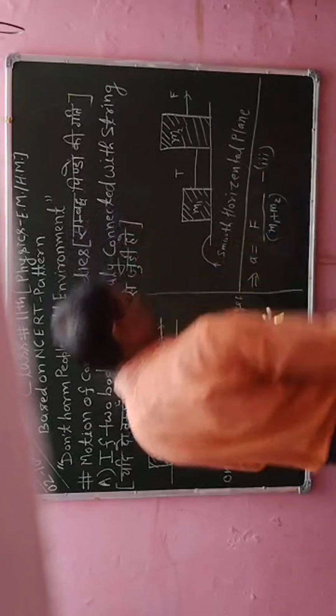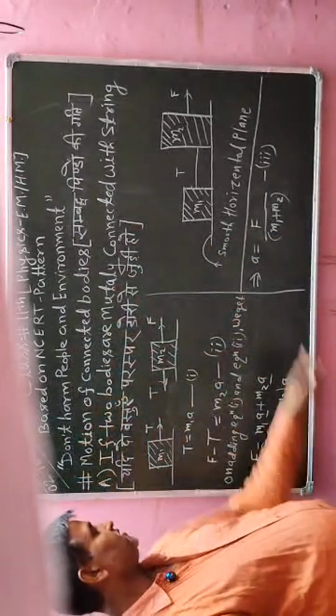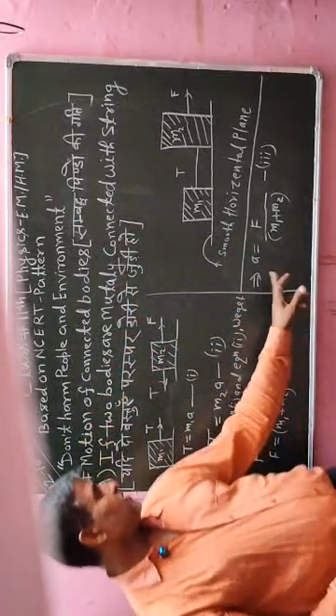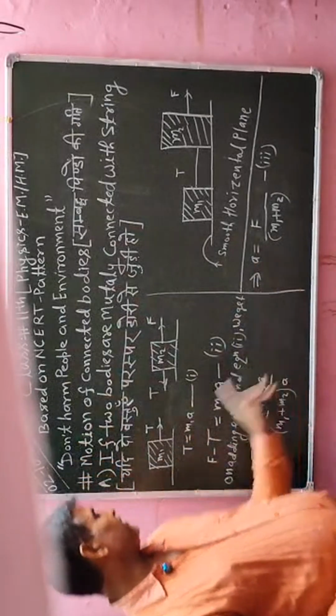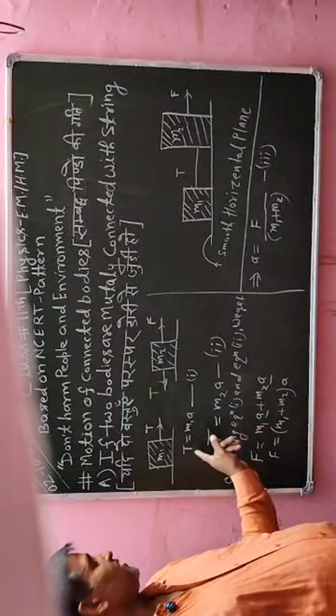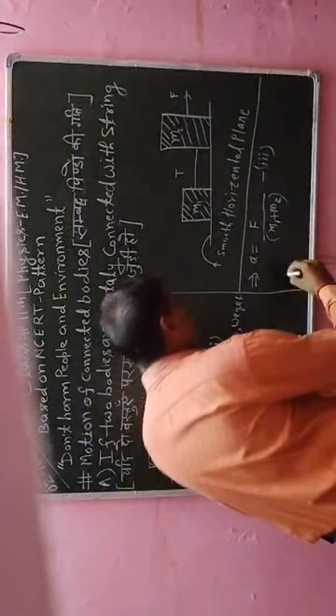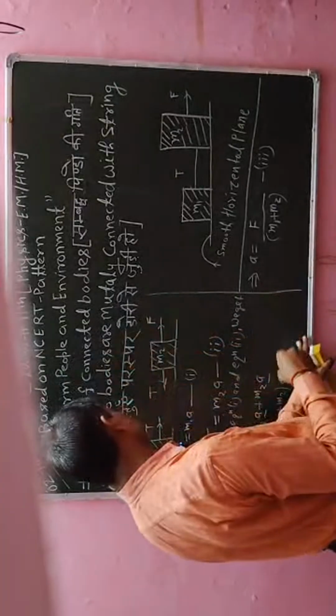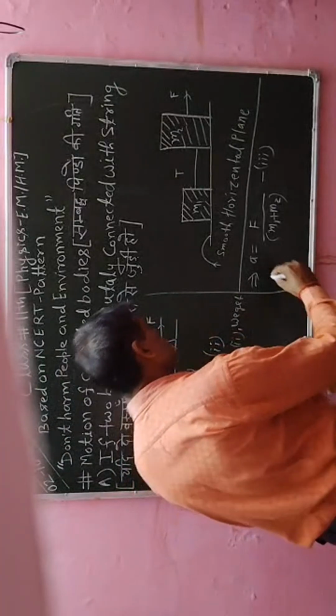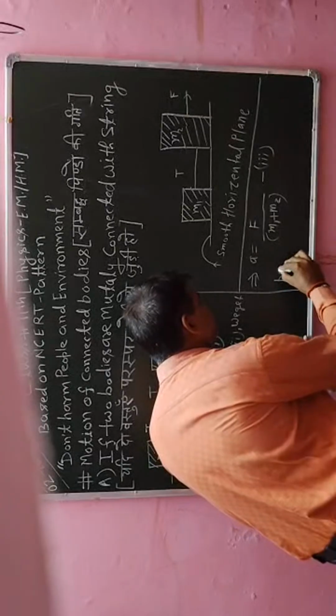Now I will write one statement. That statement is important. I will write about putting the value of a in equation number 1 for getting the value of t. Okay, so that information I have to write, and after writing I will use that concept positively. So here I will write putting